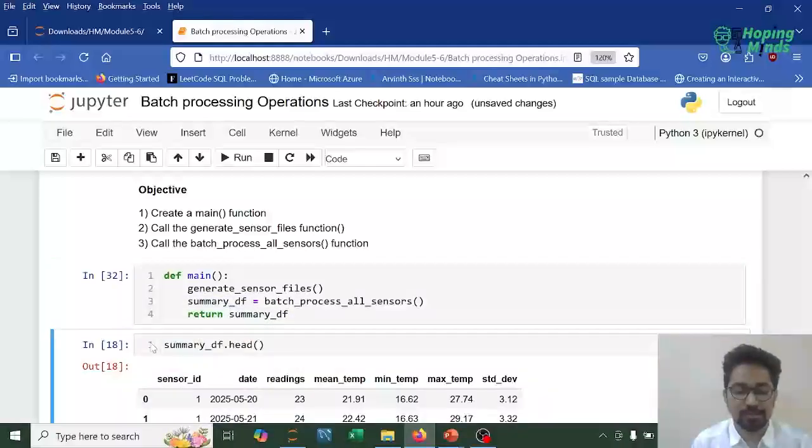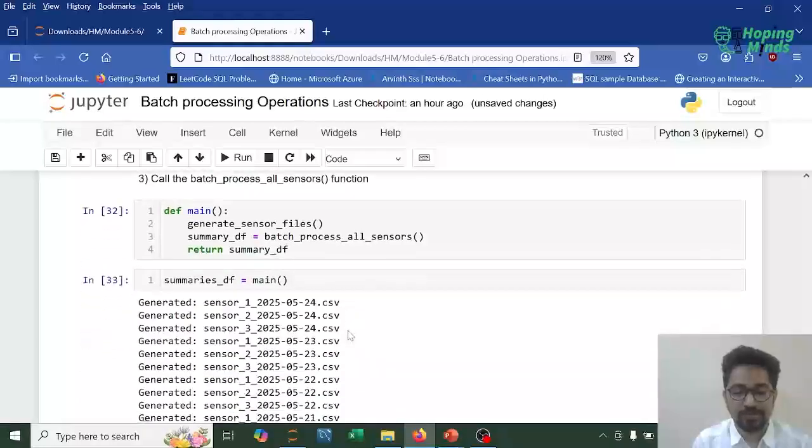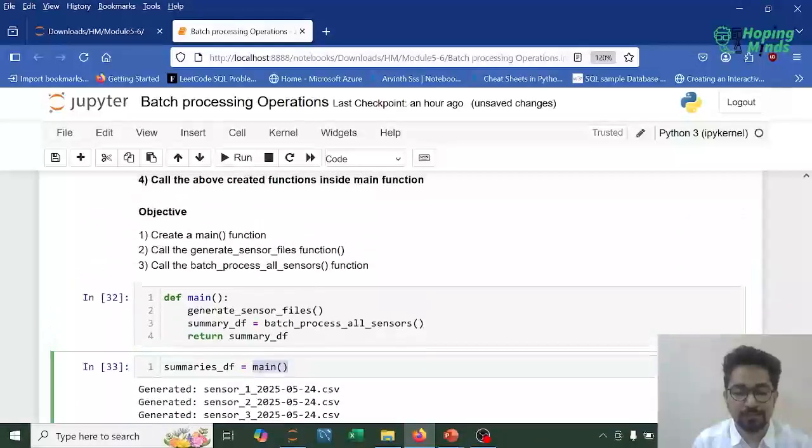Currently we have executed this function. Now I need to call the main function, right? So over here I'm writing, this is summary df, and then I'm writing, let's say main, I'm calling the main function. So guys, as we can see, the moment we have called the main function,